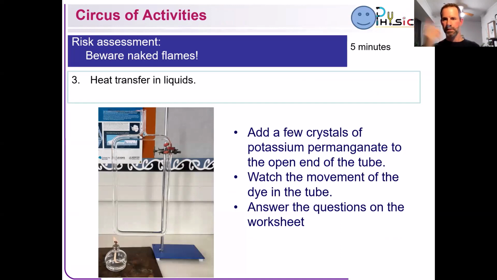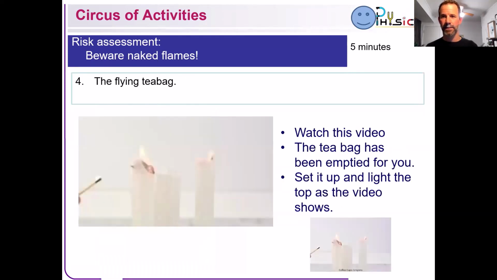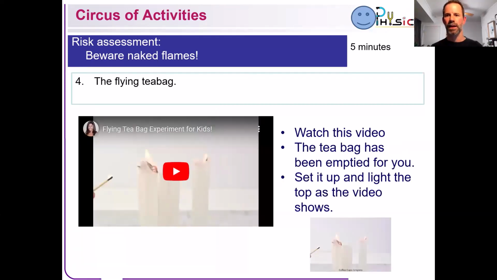Feel free to get rid of what you don't have, or keep the ones, or buy the ones that you want from places, because maybe that's a good idea. Maybe you do want to buy one of those weird square things with the convection water, which is actually a really cool demonstration, but you're never going to have more than one. But I'll tell you what you have a lot of is tea bags. And that's another really good convection type experiment. And that's in that circus, as long as you're happy with lighting your room on fire.